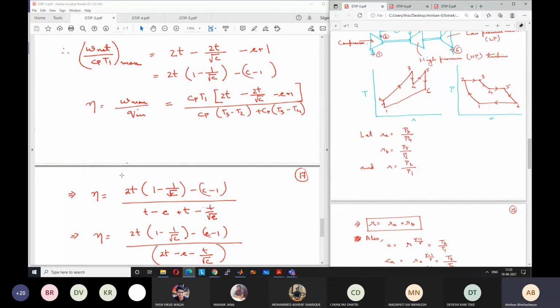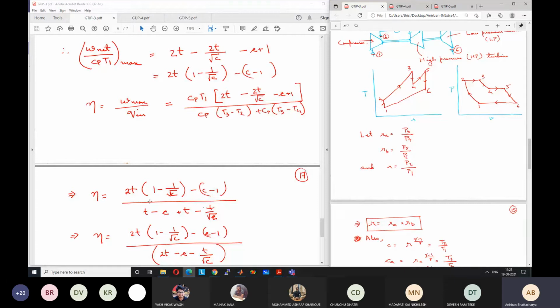There's no point in memorizing this. If a problem is there on this, and you directly use the formula to solve the problem, then I will not give you marks. You have to actually solve the problem using first principles, means using proper calculation of what is the heat input in the compressor, what is the work input in the compressor, what is the work output from the turbine. Step by step you have to calculate instead of using these formulas.